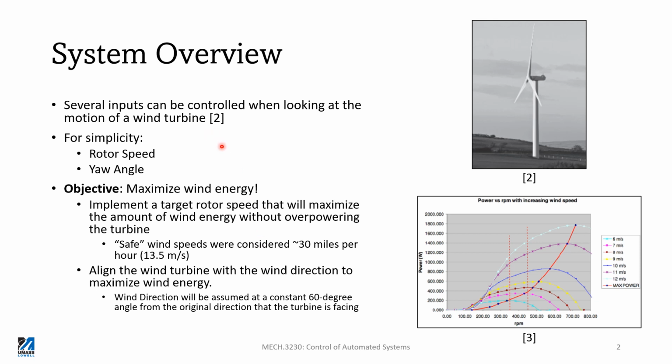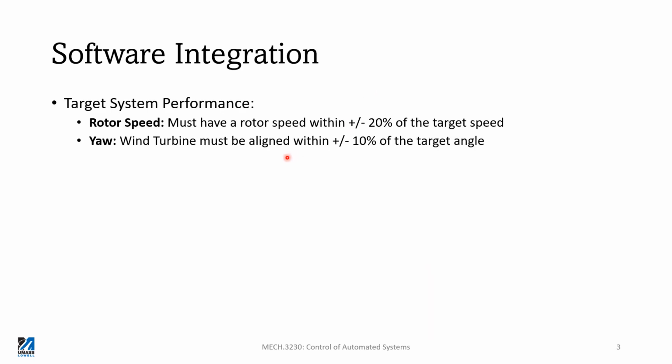We also want to align the wind turbine with the wind direction to maximize wind energy, and that was assumed at a constant 60-degree angle. Software integration, first of all, target system performance. For the rotor speed, we want to have a rotor speed within plus or minus 20% of 400 RPM. And for the yaw, we want the wind turbine to be aligned within plus or minus 10% of the 60-degree